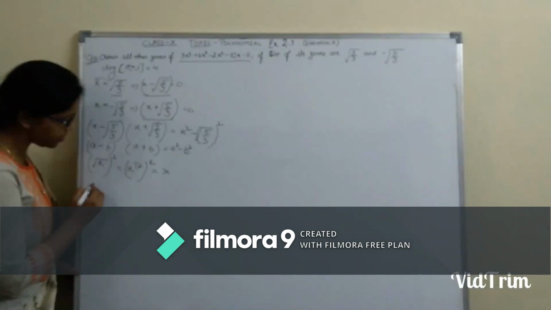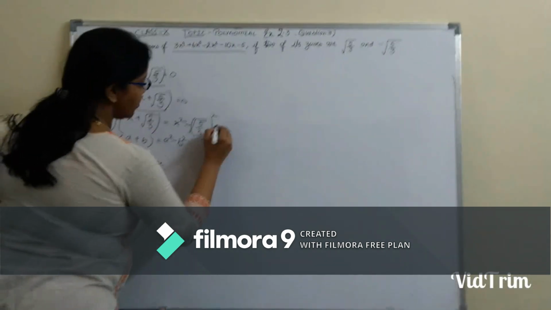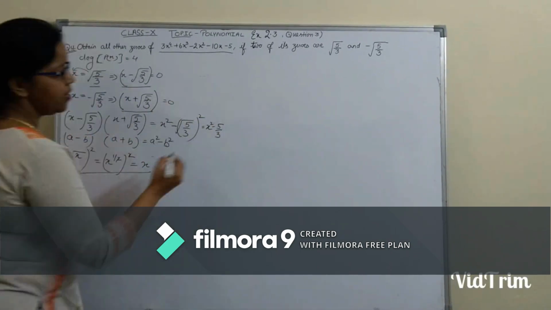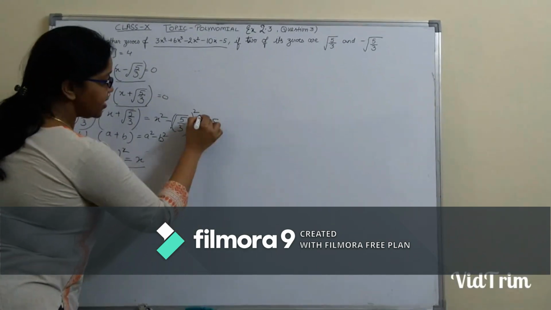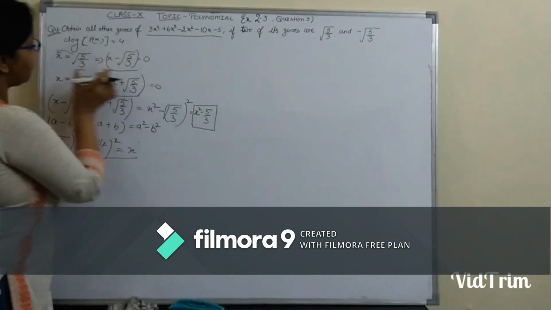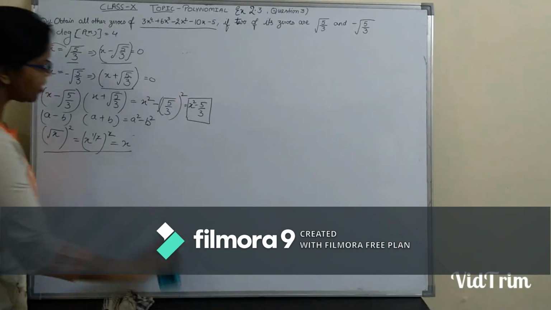How will it get cancelled? I have explained over here. Okay? So now it will become x square minus 5 upon 3. Now this is the combined factor of these two factors, this one and this one. Okay? Now in the next step,